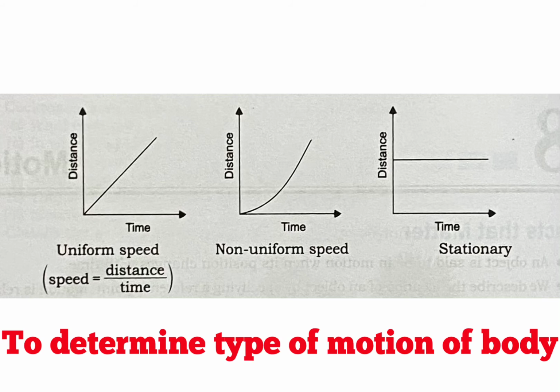Now when you will see the second graph, you can see that it is representing non-uniform motion, that is it is the motion with non-uniform speed. Now observe the third case or the third graph. Here the graph is a straight line parallel to time axis. Here you can observe that distance is not changing with time, it is remaining constant with time, it is a straight line. So what does it represent? If a body is not changing its distance, it is at rest. So if a graph is a line parallel to time axis, then it is representing that body is at rest.